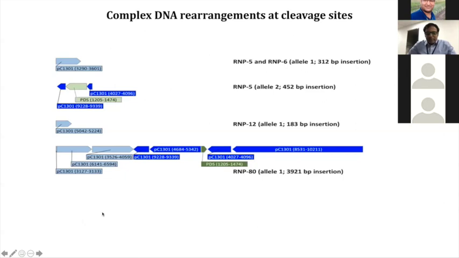So this means that the integration events can be of a varied range. They can be simple, they can be complex. This gives us important information: if we want to use this approach to integrate DNA, we are sure that we will get this type of messy event. So that leaves us with the open question that we still have to improve the technology so that we can do it in a more precise manner.